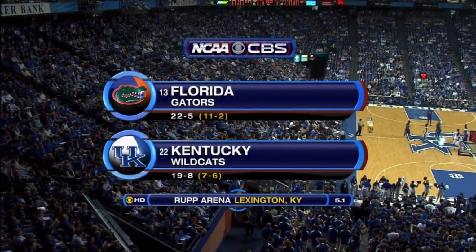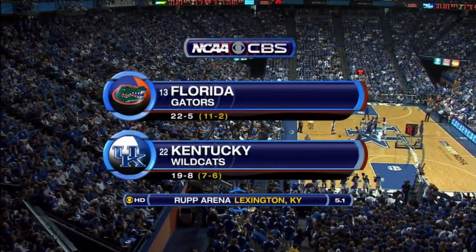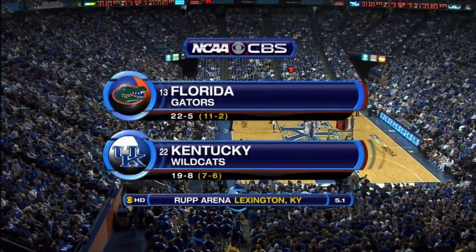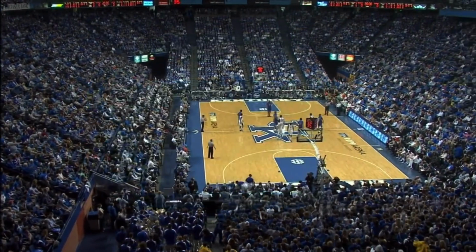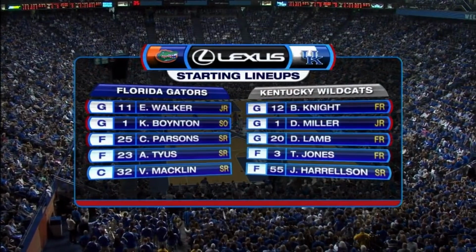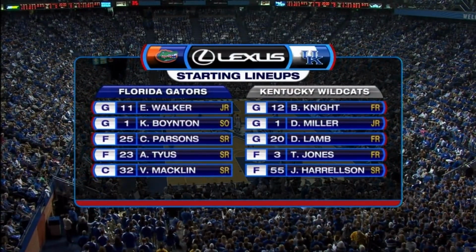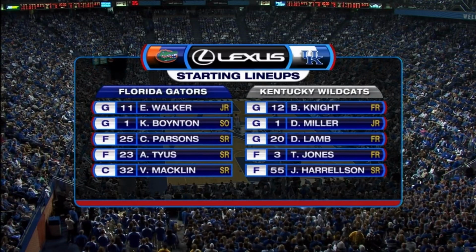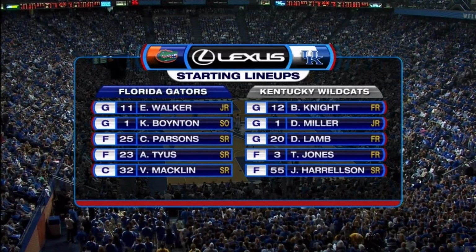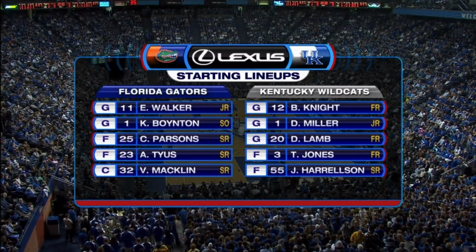Welcome, everyone, to sold-out Rupp Arena in Lexington, Kentucky. A big game in the Southeastern Conference as the 13th-ranked Florida Gators take on the 22nd-ranked Kentucky Wildcats. With Dan Bonner, Kevin Harlan, a look at our lineups today. The Gators are coming off a big win over Georgia a couple nights ago, capturing at least a share of the East. Kentucky is 13-0 at home, but only 7-6 on the road, losing the other night in Fayetteville to the Arkansas